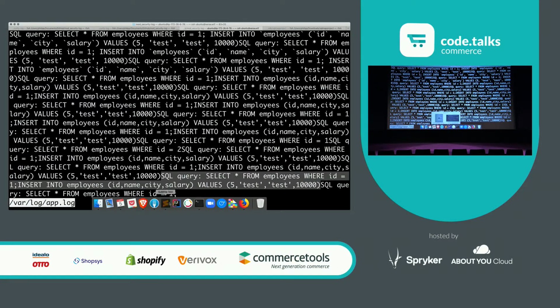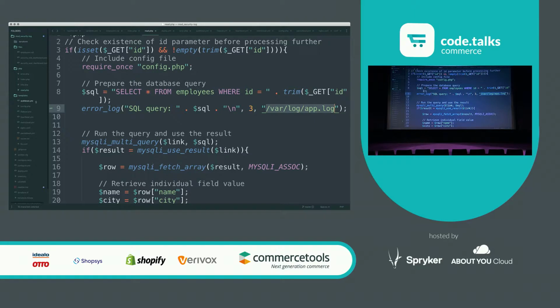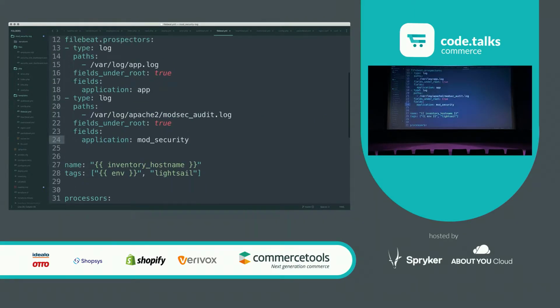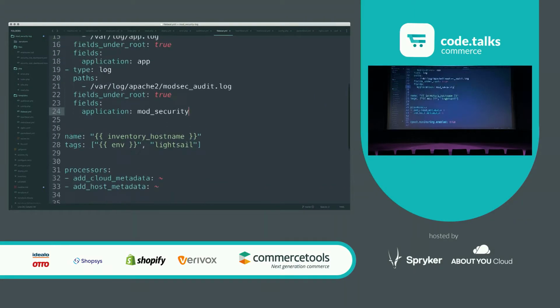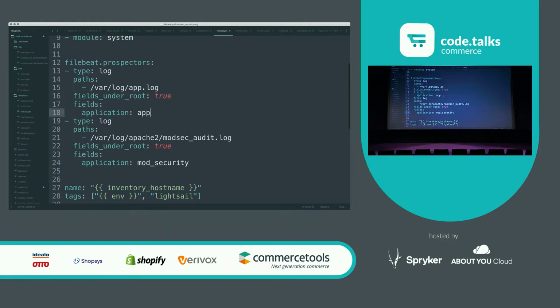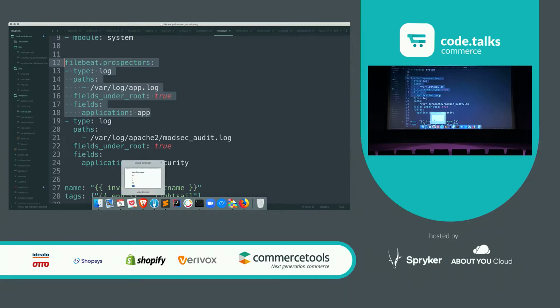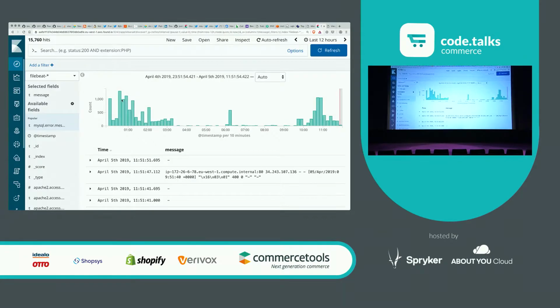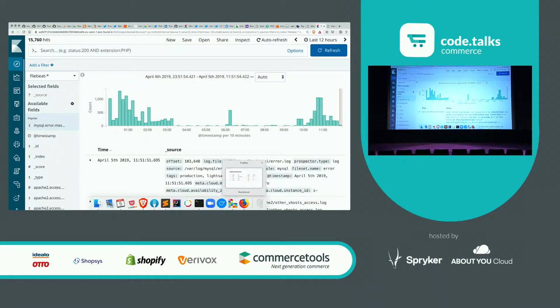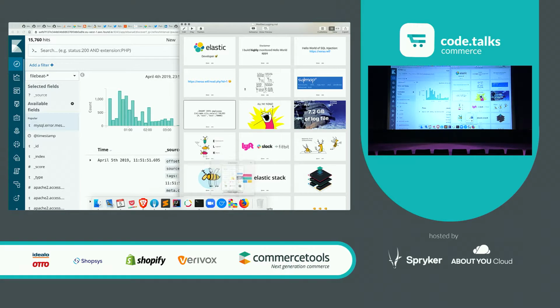To do that, I have Filebeat, which basically is, where's my rule? This rule here. Basically, I'm saying I want to collect everything under var log app log. I will tag it with application app to store that, and I will just tail the file and centralize that. Easy enough. Then you could head over to your centralized dashboard to see how that looks and to find those log messages. But before we jump into that,